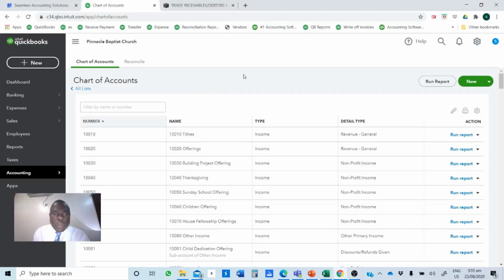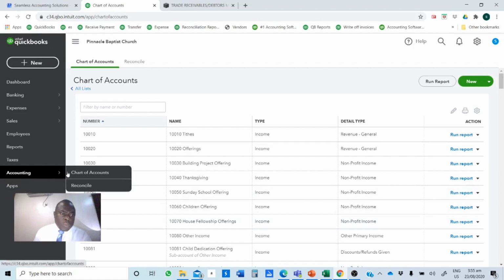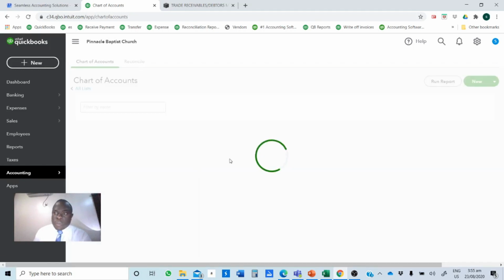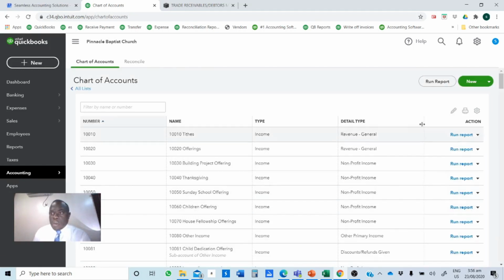Now we are going to give an example of creating a new account, and let's see how it goes with the code. We're going to create an income head, and we're also going to create an expenditure head. Like I said, if you want to create a new account, you go to accounting, go to chart of account. If you click on chart of account